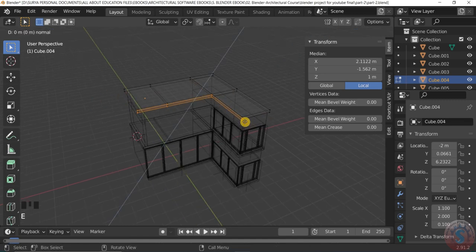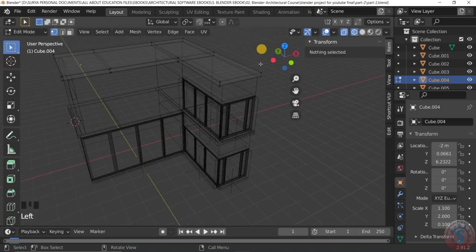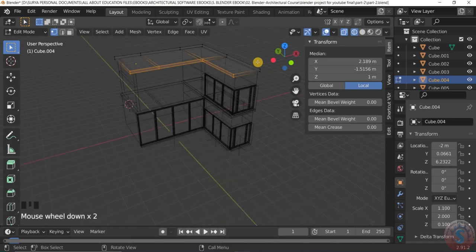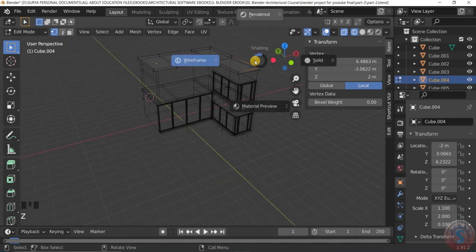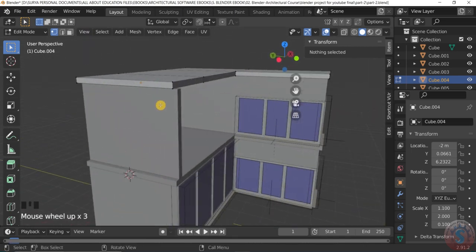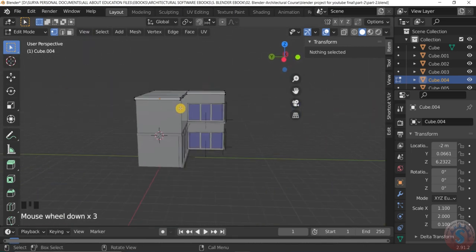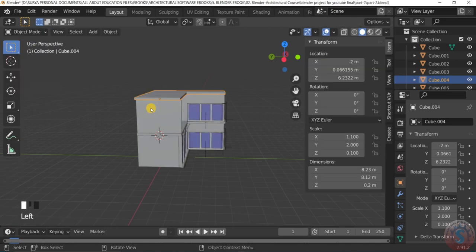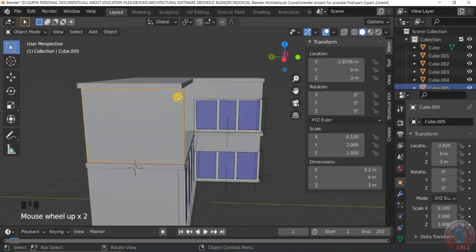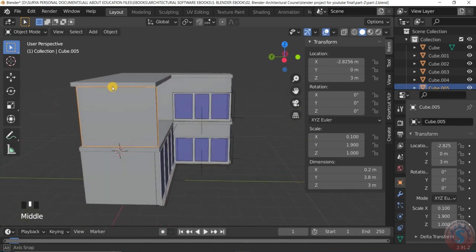Simply extrude this somewhat and observe. Like this you can give the extrude and go into the solid. Pressing on the X key, object mode, select this. By using the reduce, I want to reduce to 3.8 for example. It is reduced, you can observe.